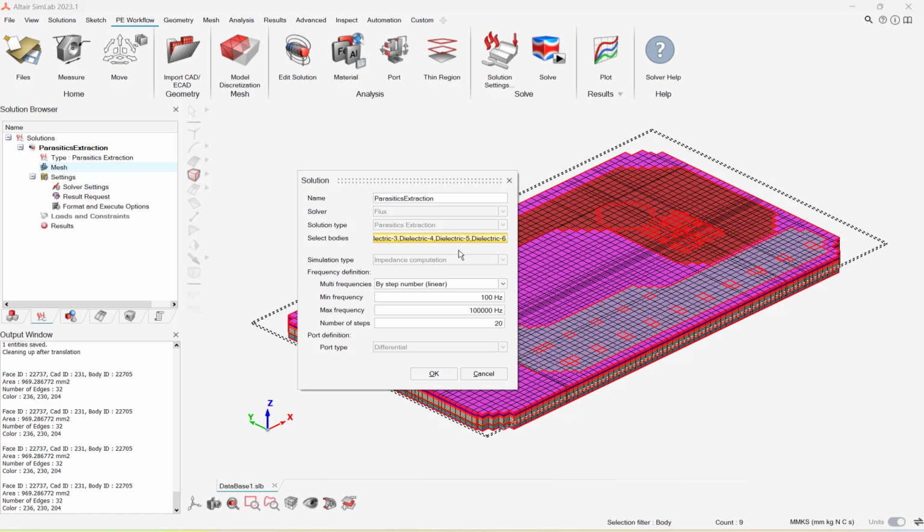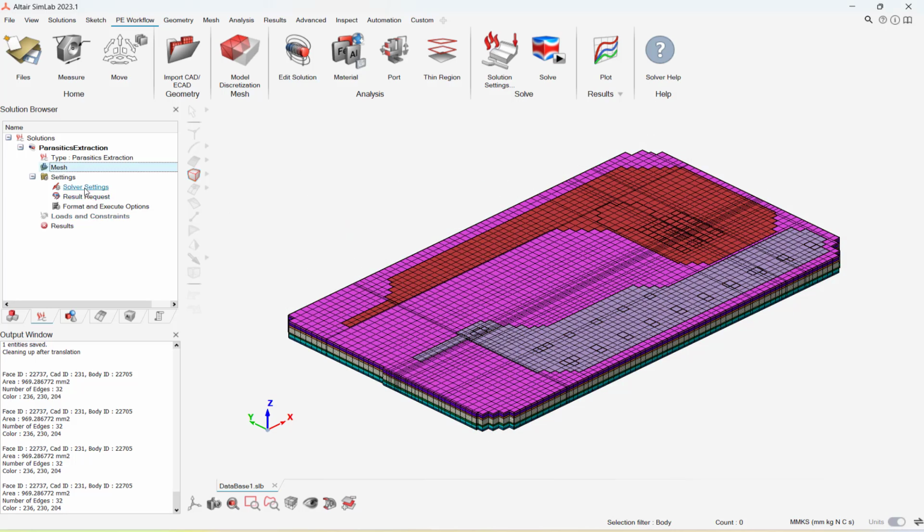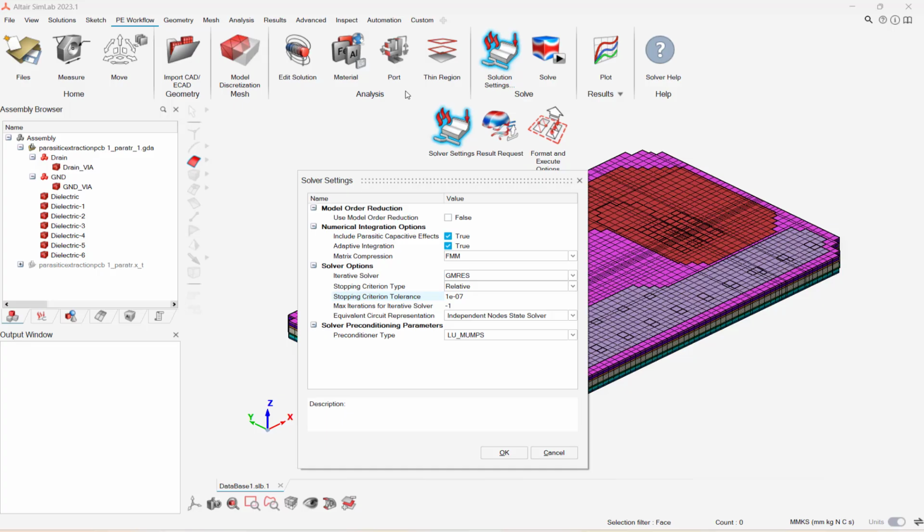After making sure that all the bodies are selected, now we'll adjust the solver settings. To adjust the solver settings, we can go to Solution Browser and select Solver Settings. Or we can go to PE Workflow in the menu, choose Solution Settings, and finally select Solver Settings.